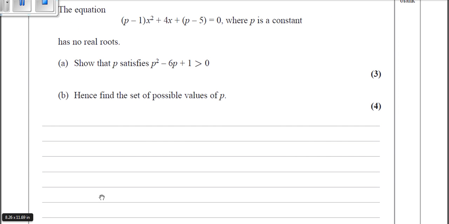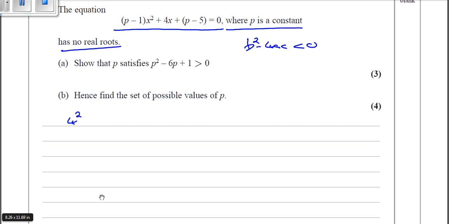Okay, so let's have a look at the self-same thing. We've got this where it has no real roots. So as soon as it's got no real roots, we're going to write down that b squared minus 4ac is going to be less than 0. But this time they've already got it rearranged for us. So b is going to be 4, so it's going to be 4 squared minus, and then 4ac we stick in brackets. So 4 times a, which is p minus 1, times c, which is p minus 5,